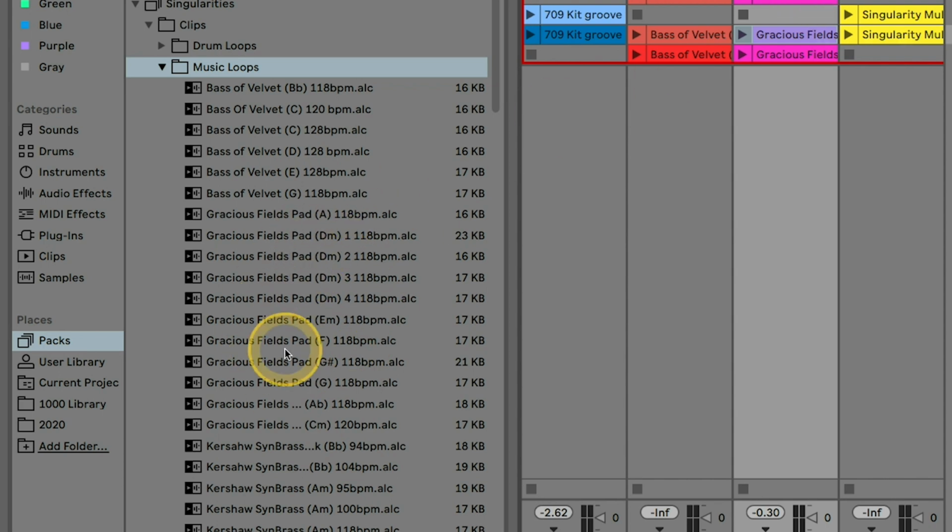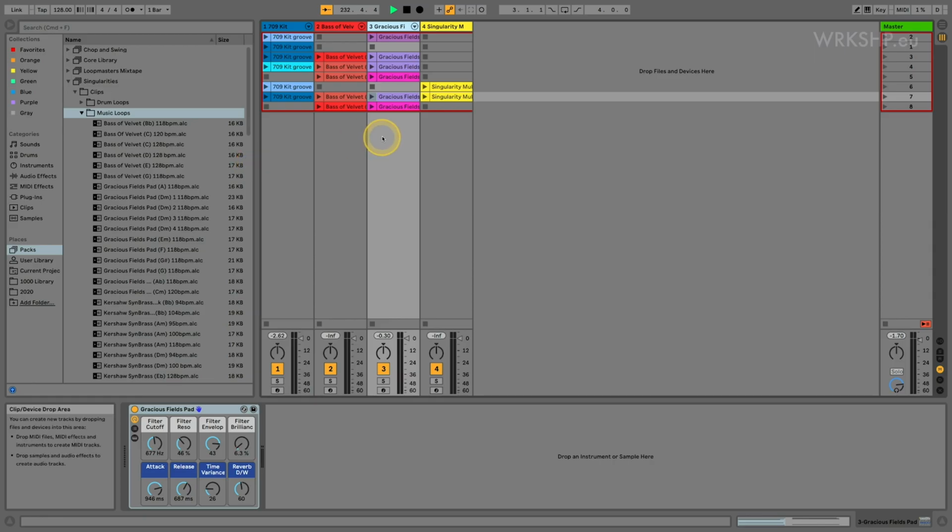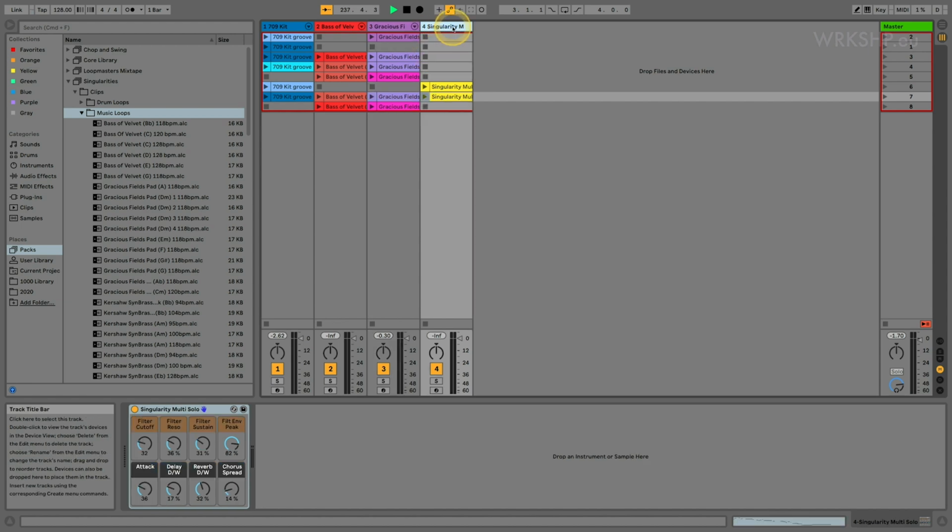And I found a few clips there that I liked, and also edited them slightly. Some of them are in D minor or not quite, and so I just changed one or two notes just to make them work, but they basically have stayed the same. And I think actually it's on the bass clip I just changed one note. That's the main change I've really made here. And here on the last one, in the yellow track, which is the color I always give the leads, I found this very energetic little lead sound, which you'll hear later on.